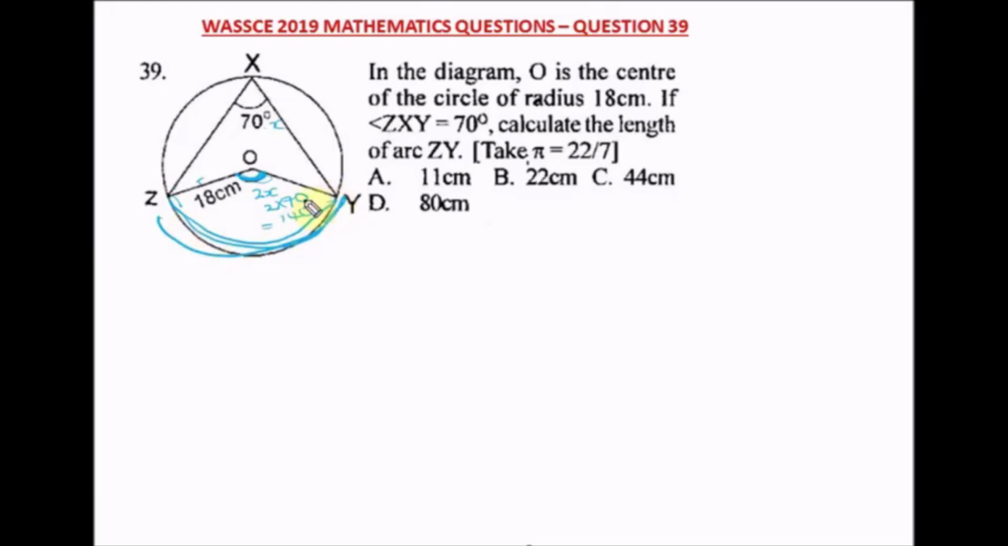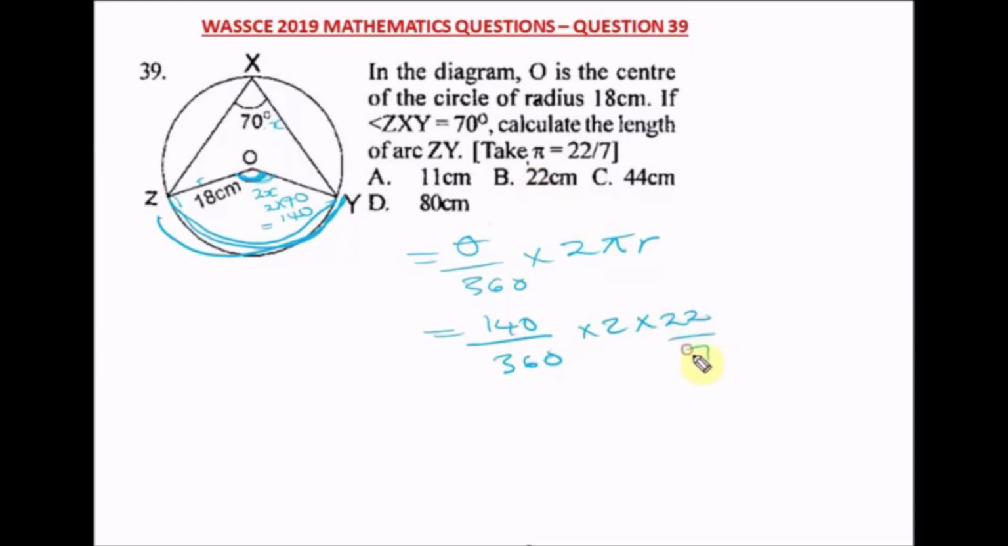140. So from here it is easy for us to get the length of our arc. The formula for finding the length of an arc is theta over 360 times 2 pi r, where we've gotten our theta, which is this angle here, as 140. So 140 divided by 360 times 2 times pi, which is 22 over 7, times our radius, which is